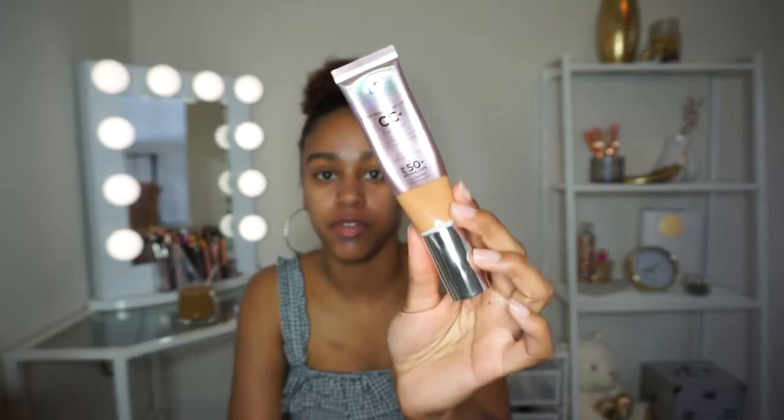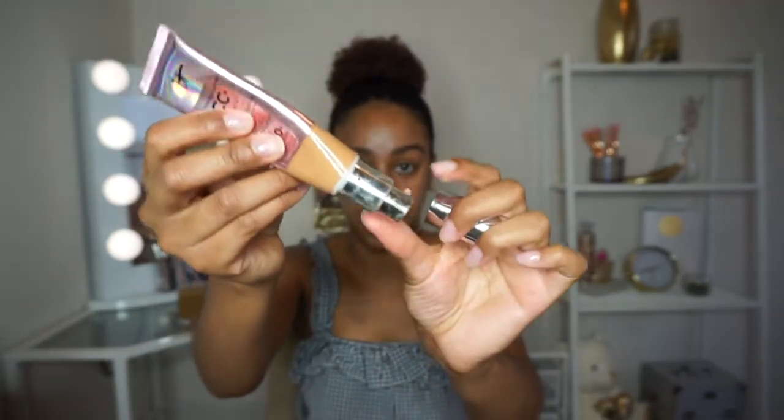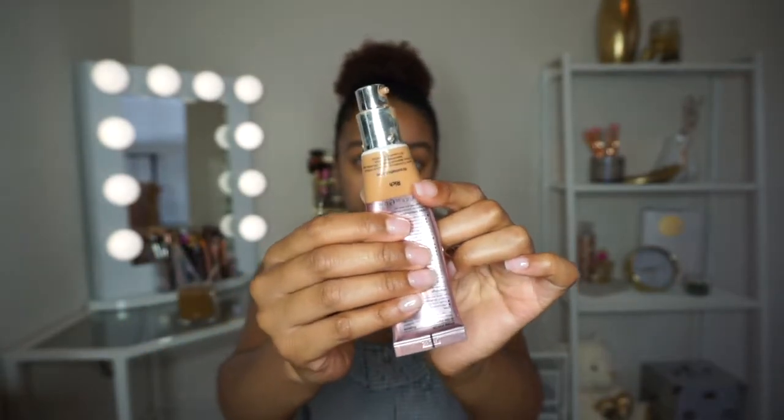I've been loving this IT Cosmetics Color Correcting Illuminating Full Coverage Cream. And it comes in a little pump like this. And I am in the shade Rich. One thing I will say is it doesn't have a very wide shade range, but I think the colors kind of oxidize a little bit. So depending on how much coverage I want, I use anywhere from 1 to 2 pumps. So I just put it on my finger like this, and I just kind of do lines